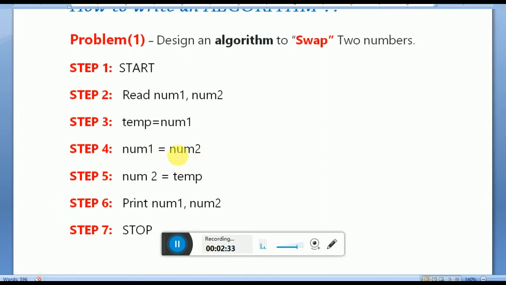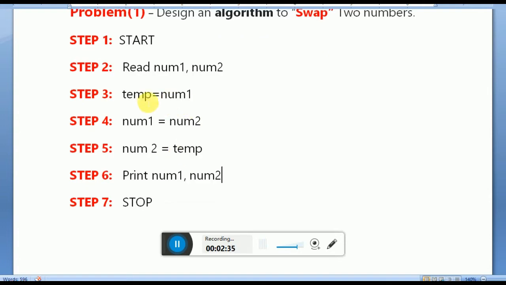So have you got the point of what I have said? You have a temporary variable here, you have num1 here. Okay, you have stored the value of num1 to temp. Num1 became empty. Okay, so now there is num2. As num1 is empty, you have stored the value of num2 to num1. Now num2 has become empty. Okay, now what happens here is num2 equal to temp. The value of temp has now come to num2. So when you run the program, you will get the swapped values.